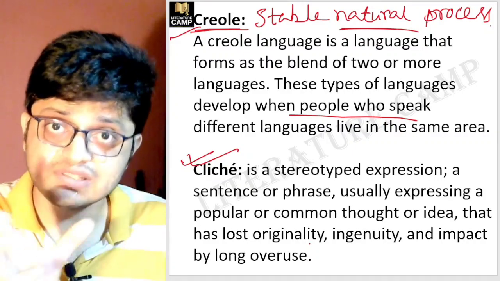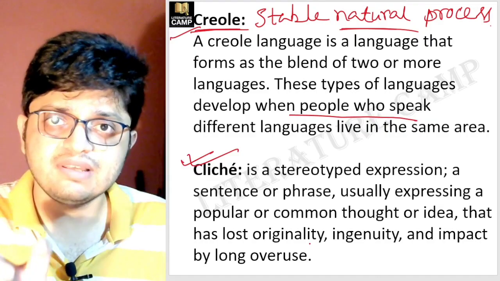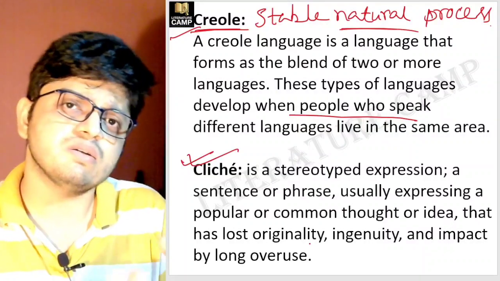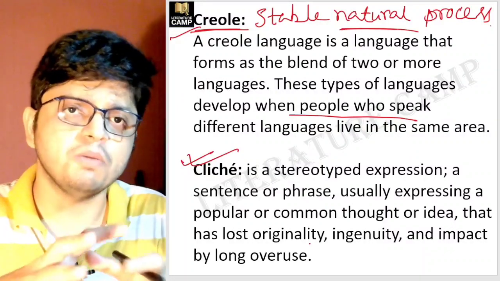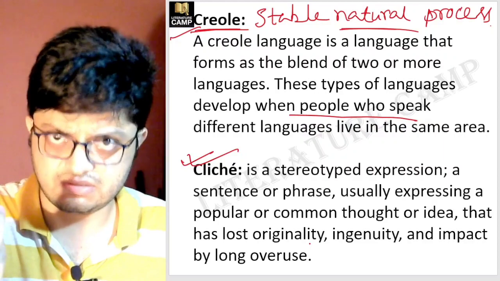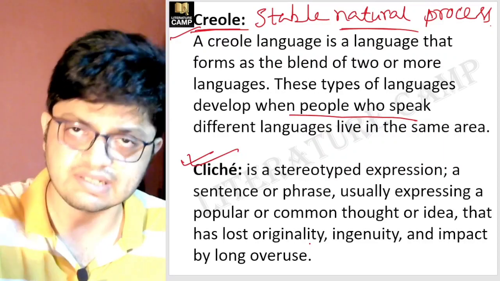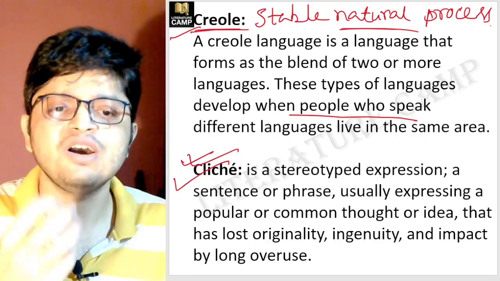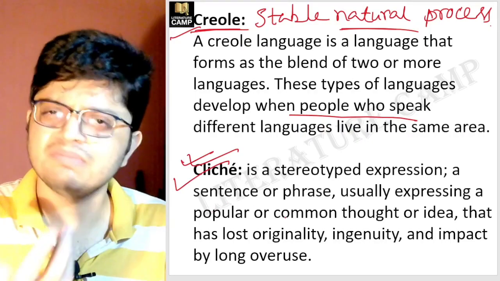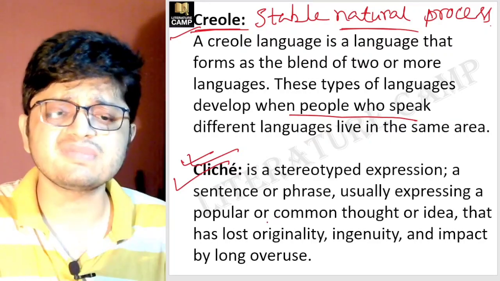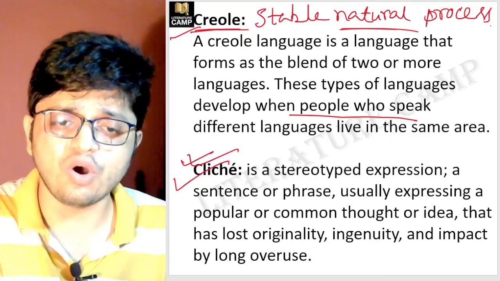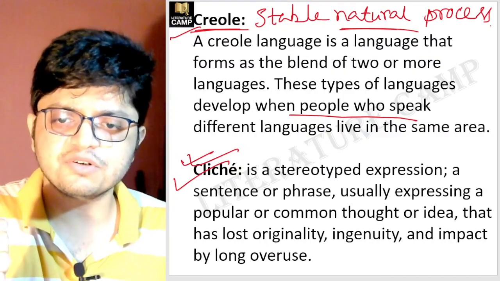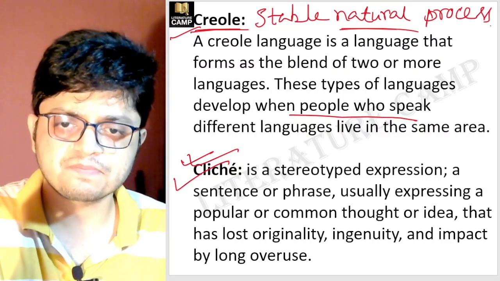So right now, this sentence, every cloud has a silver lining, is used differently, or the meaning has completely lost its original meaning, which was written by Milton in Comus. This is cliche. Cliche is about a stereotype expression or a phrase, meaning it can be any word as well, or any thought, idea which has lost its original meaning by overuse, by long overuse, right? So please make a note of it.